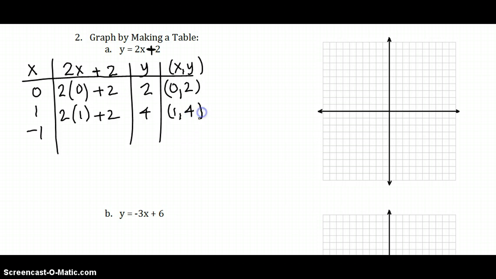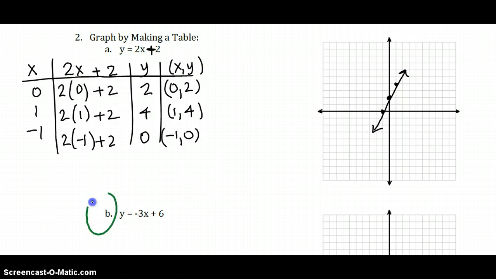1, 4. And 2 times negative 1. It's always nice to check for negatives. That's going to give me negative 2 plus 2 is 0. Hey, I just found on accident my x-intercept. So you don't necessarily always find your x and y intercepts, but here's 3 points: 0, 2, 1, 4, and negative 1, 0. So there's 3 points there on my line. So that's how you make a table, and I would like for you to try